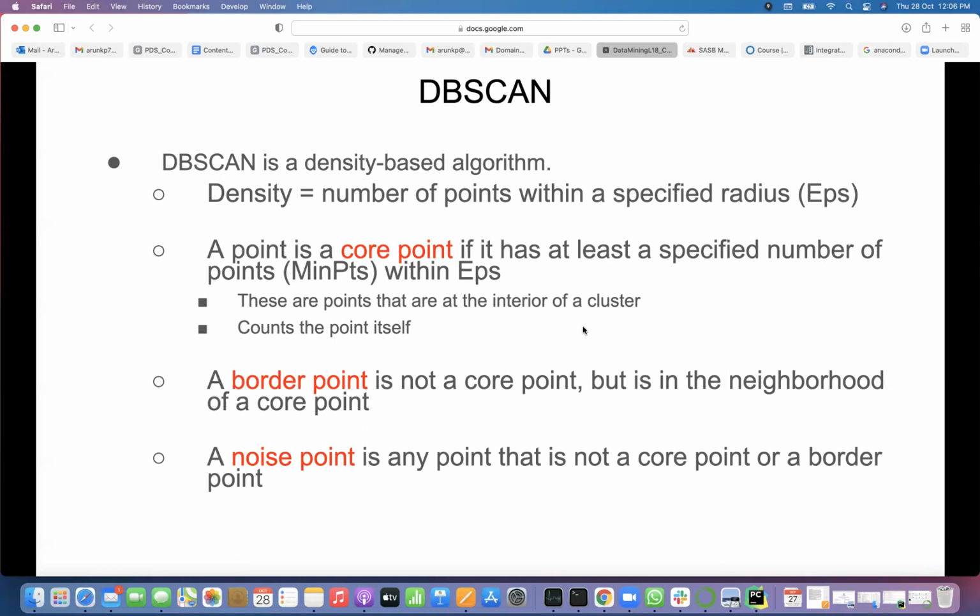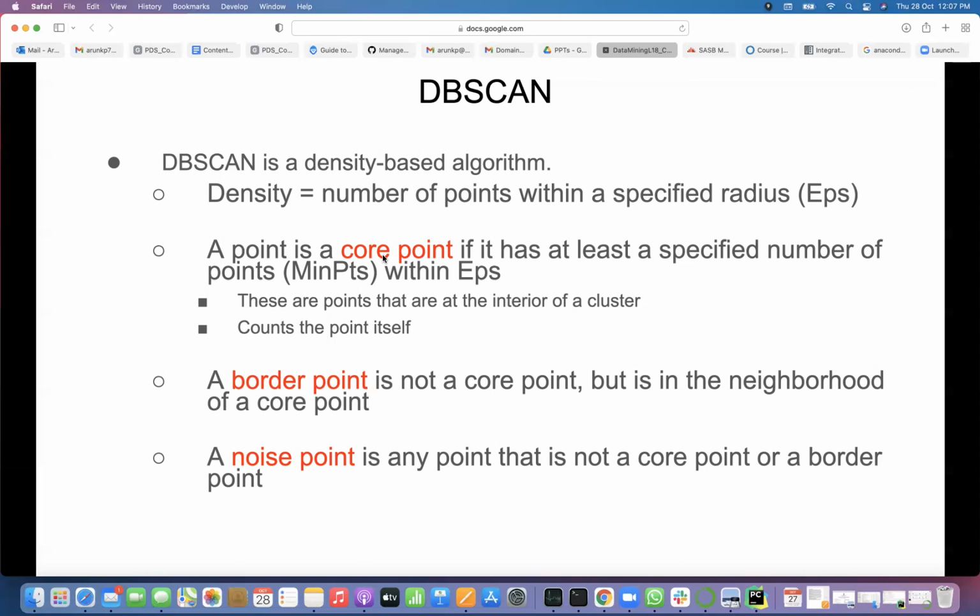These are points that are at the interior of a cluster. So all those points we will put as interior points. We'll see how clustering is made. First, we should understand how, in a data set, we define a core point. Can anybody repeat how we define a core point? If a point has, within the specified radius, which is user given, that amount of density, then we consider that a core point.